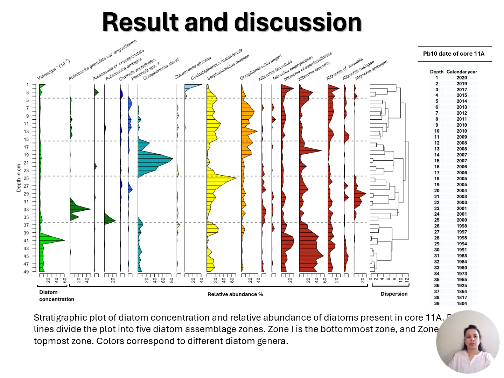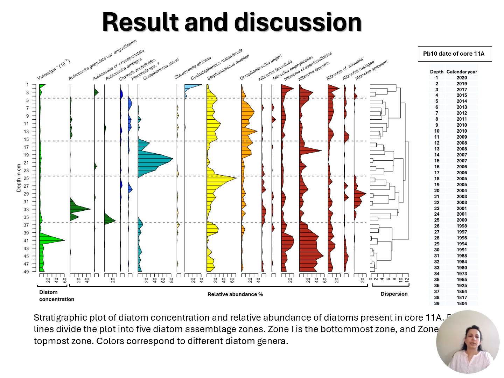It shows that before the depth of 37 centimeter, diatom concentration was higher, and this 37 centimeter also dates to around 1860. So here also diatom concentration declined from around 1860, and before that the diatom concentration was higher. But if we look at the assemblage, it is a little bit different from core 6b. Before 1860, the assemblage was dominated by planktonic Nitzschia species, as well as small abundances of centric planktonic diatoms. However, after 1860, in the assemblage we could see small abundances of Aulacoseira, indicating an increase in silica concentration,